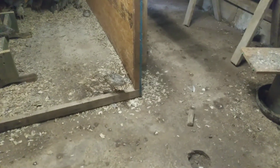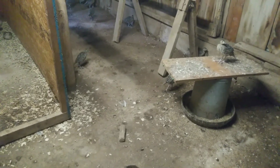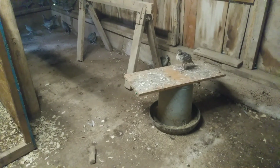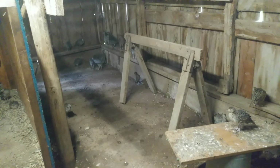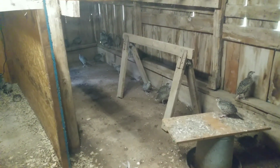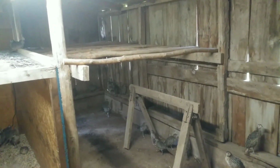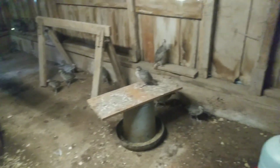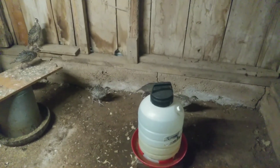So, let me see. Look at this guy here. Kind of gives you a size compared to their feeder. That's the same feeder. I had to put that top on there so they wouldn't get down in there and die on me. But a lot of them are around in that corner. I moved them into a bigger space. They're really enjoying it, that's for sure. They got a lot more room. They got some roosting posts in this old chicken barn that I converted into a pheasant pen. So they should be pretty happy. Last night, whenever I first turned them out,